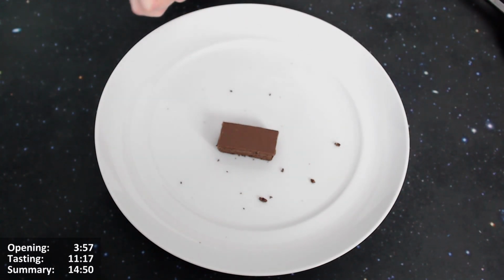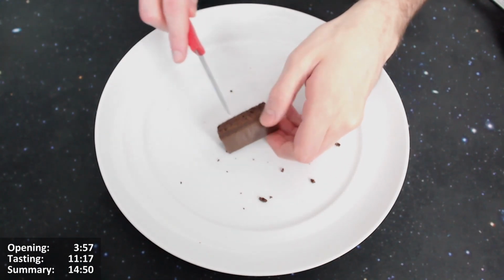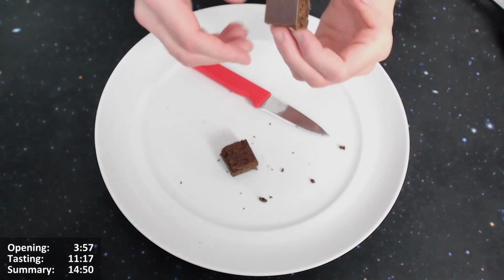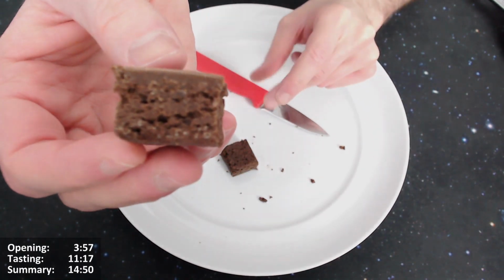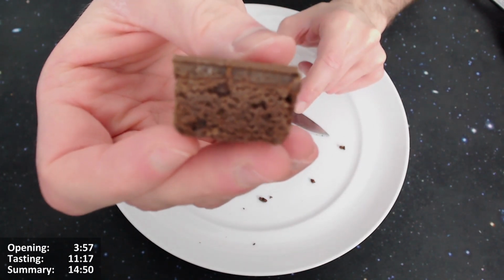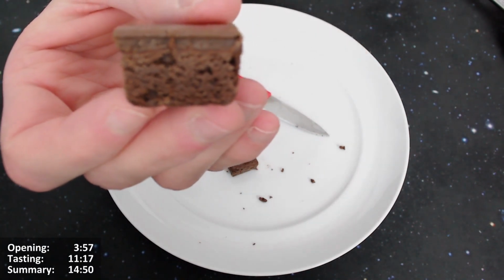Right, so yes, let's give it a go. I don't think there's much point chopping it in half, but we'll do it. I'll come from the bottom, I think. Yeah, so there we go. So quite a thin layer of chocolate for sure. See, it's a very thin layer of caramel as well. Just have a look at the...